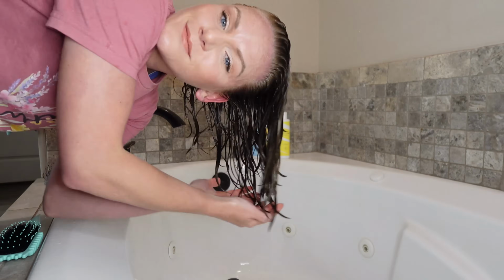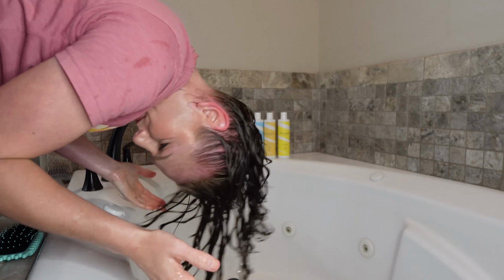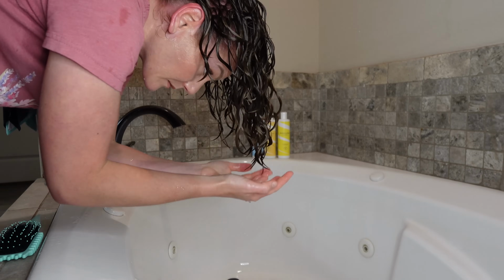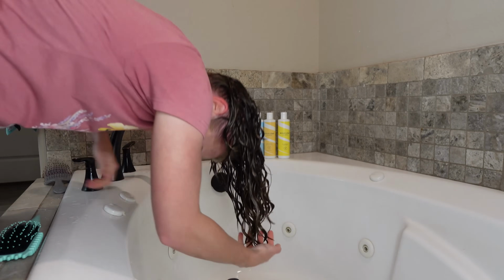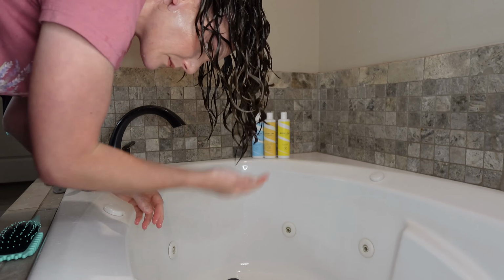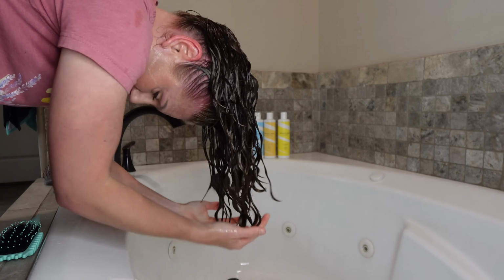Now that I've done that, I'm gonna give my hair a quick little scrunch, stand up, shake the hair off the back of my head, little swing curl clump action here, giving everything a really good scrunch. I feel like I need just a touch more water in my hair to get my curl clumps looking like I want, so I'm gonna add just a touch of water to my hair and scrunch my hair again, and I'm noticing that the wet frizz that I was having has melted into a curl clump. That is what I want. I really feel good about how these curl clumps are organized now, so I'm ready to lock everything in place